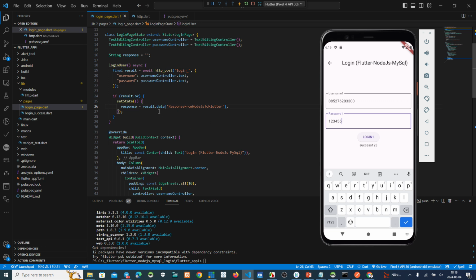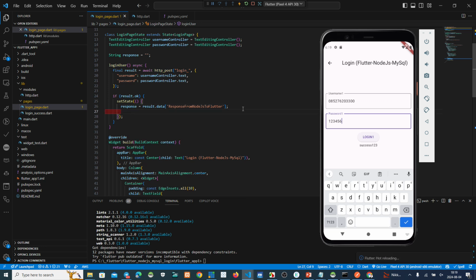Moment. Okay. I set stage this navigator.